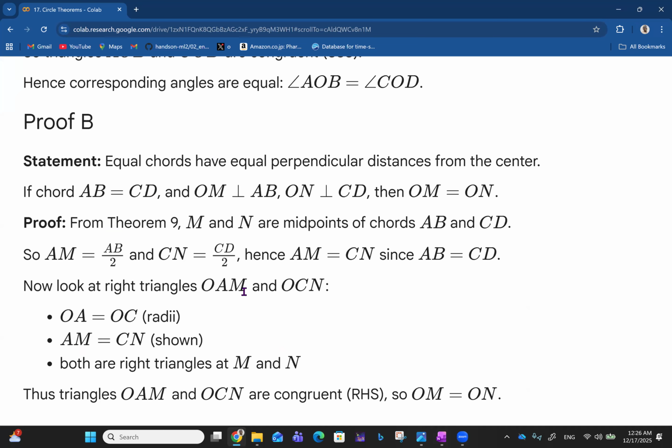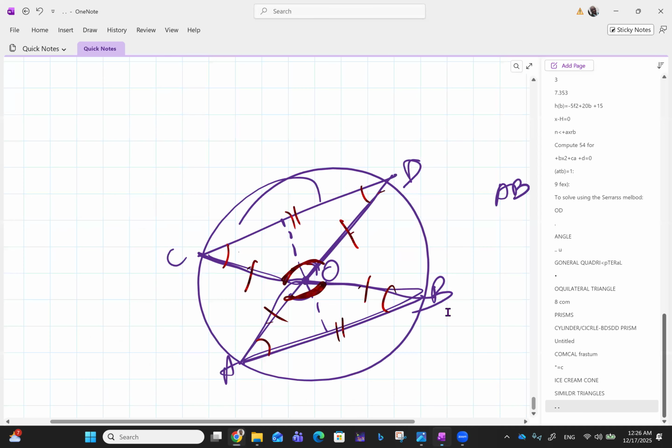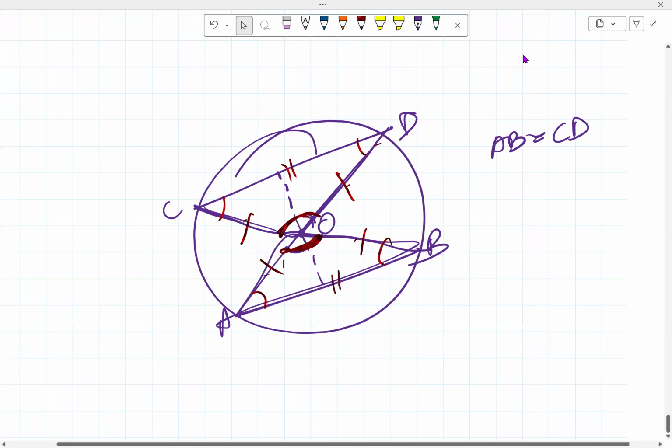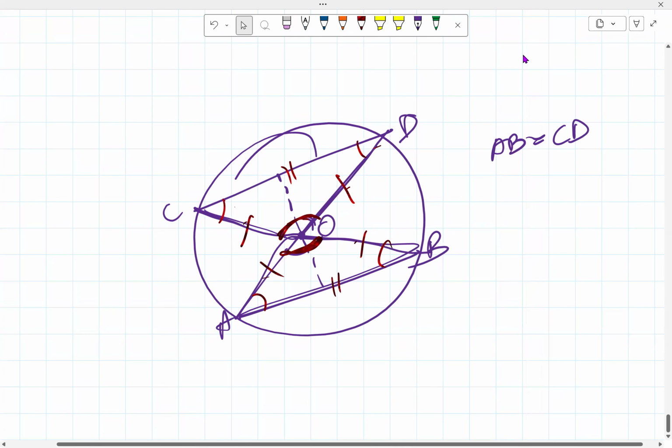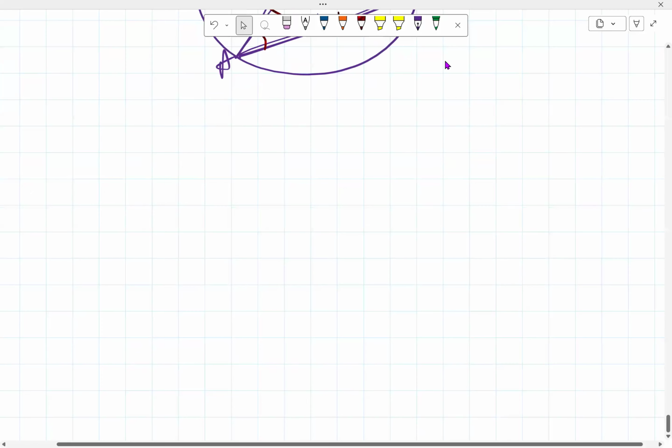Now look at right angles OAM and OCN. We have OA equals OC, radii. AM is CN, shown. Both are right angles at M and N. So triangles OAM and OCN are congruent by right angle-hypotenuse-side. So OM is equal to ON. So let's come to the figure, and I'll go through that again so you can understand what I'm trying to say. Or better still, I can draw